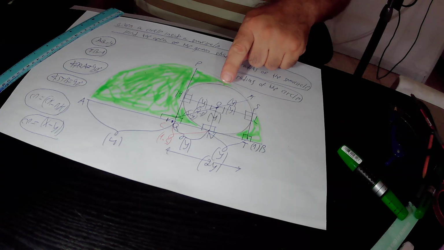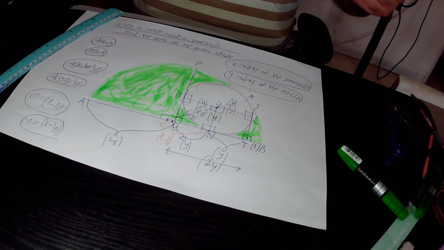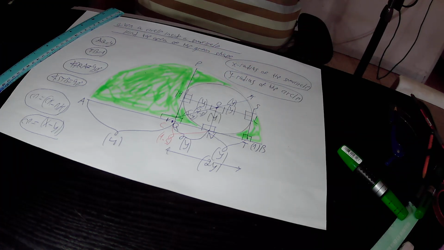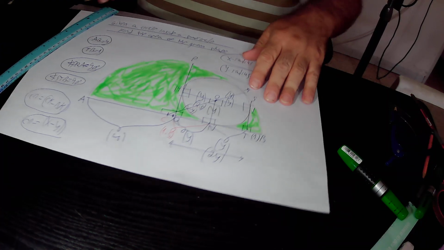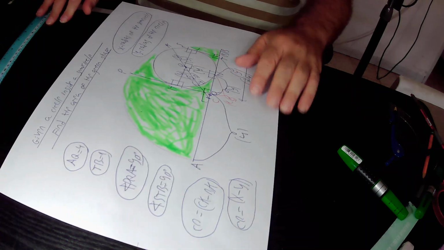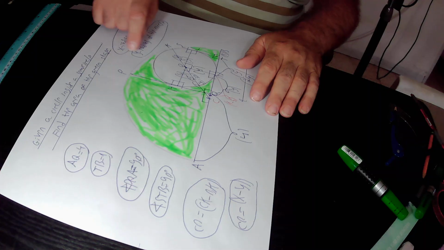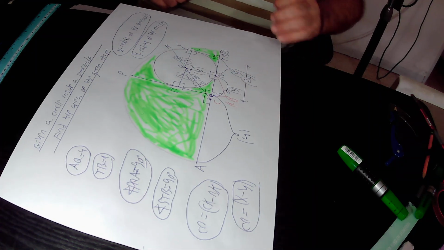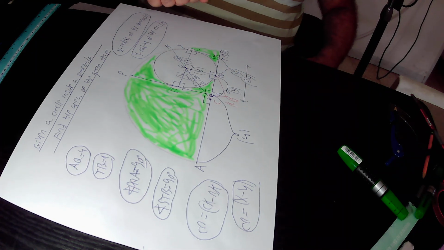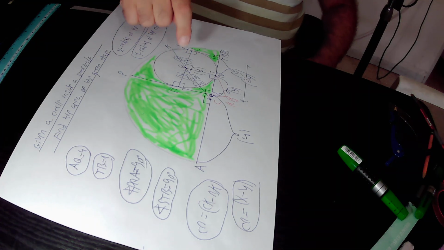In the next step, we join points O and H together by a straight line. OH is of course the radius of this small circle, that is equal to y. The radius OH is drawn to point H, that is the point of tangency of tangent PQ with this small circle. And whenever a radius is drawn to the point of tangency, then tangent PQ will be perpendicular to the radius